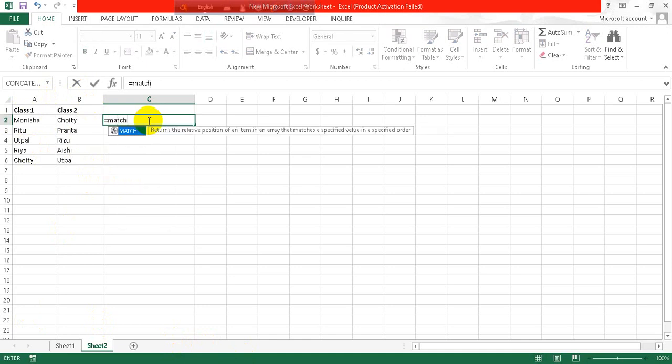match, open parenthesis, and it says to give lookup value. So let's click on the first cell and put a comma, and here we have to give the lookup array, which is this whole array. Okay, now we will lock this array